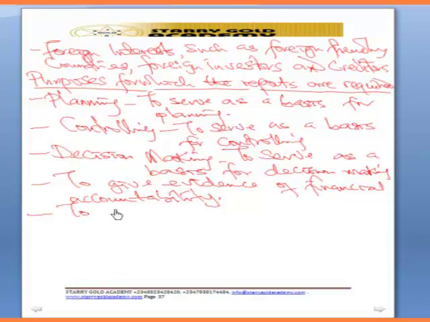To ascertain the propriety of transactions